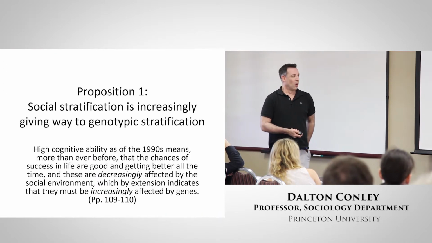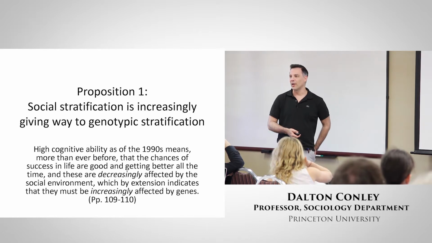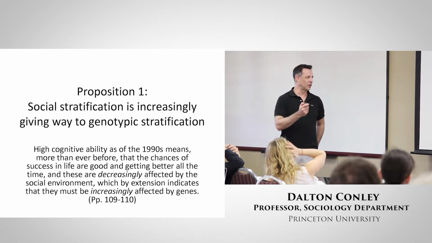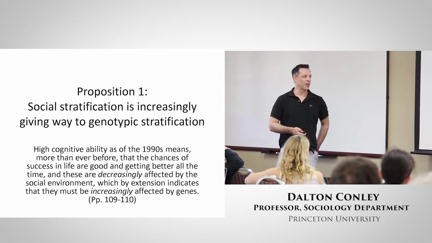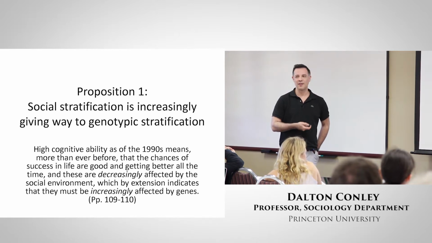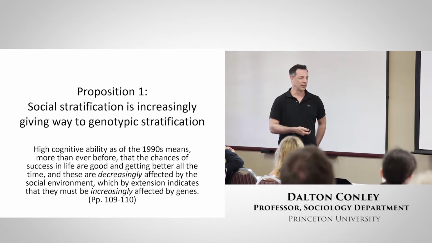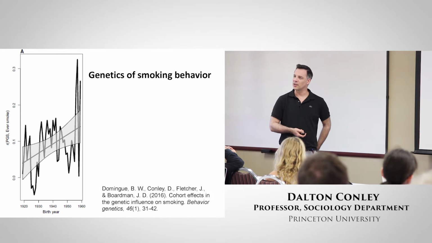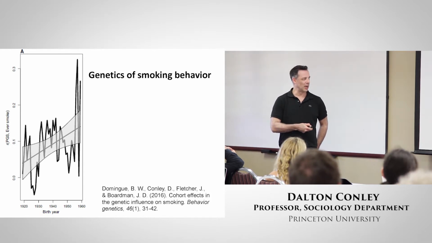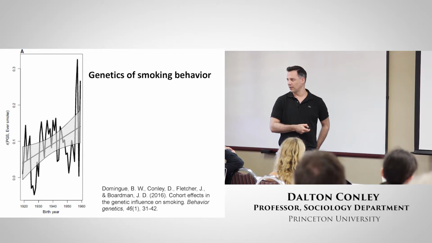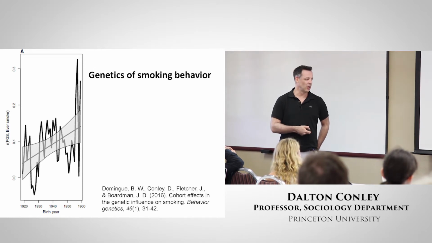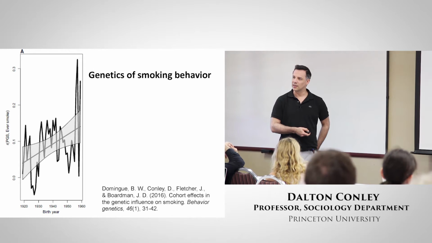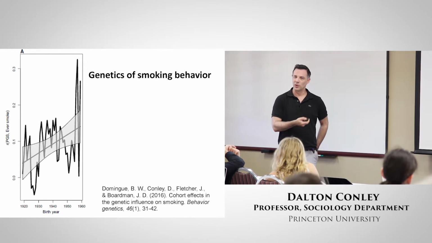So once we have this tool, we can start to evaluate a bunch of hypotheses. For example, I took a bunch of quotes from The Bell Curve that the effects of genotype are increasing over the 20th century and the effects of environment are decreasing. You can see this in a bunch of phenotypes. For example, there's a polygenic score for cigarette smoking, and you can see that it significantly gets more predictive over the course of the 20th century, or at least birth cohorts 1920 to 1960,